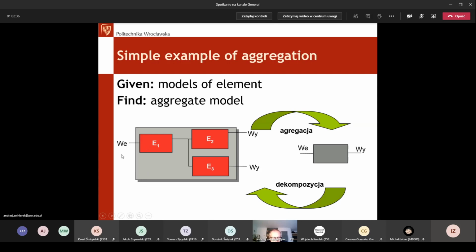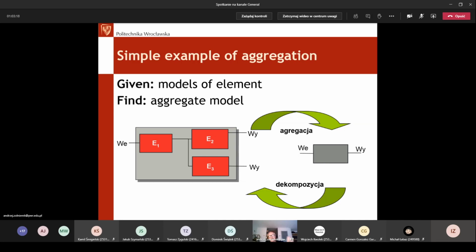So it means that this structure of real elements connected, as you can see here, is changed into one model with one input and two outputs, because here we have two outputs. And aggregation means the procedure from the left to the right. And sometimes we need or do the inverse procedure, so-called decomposition,